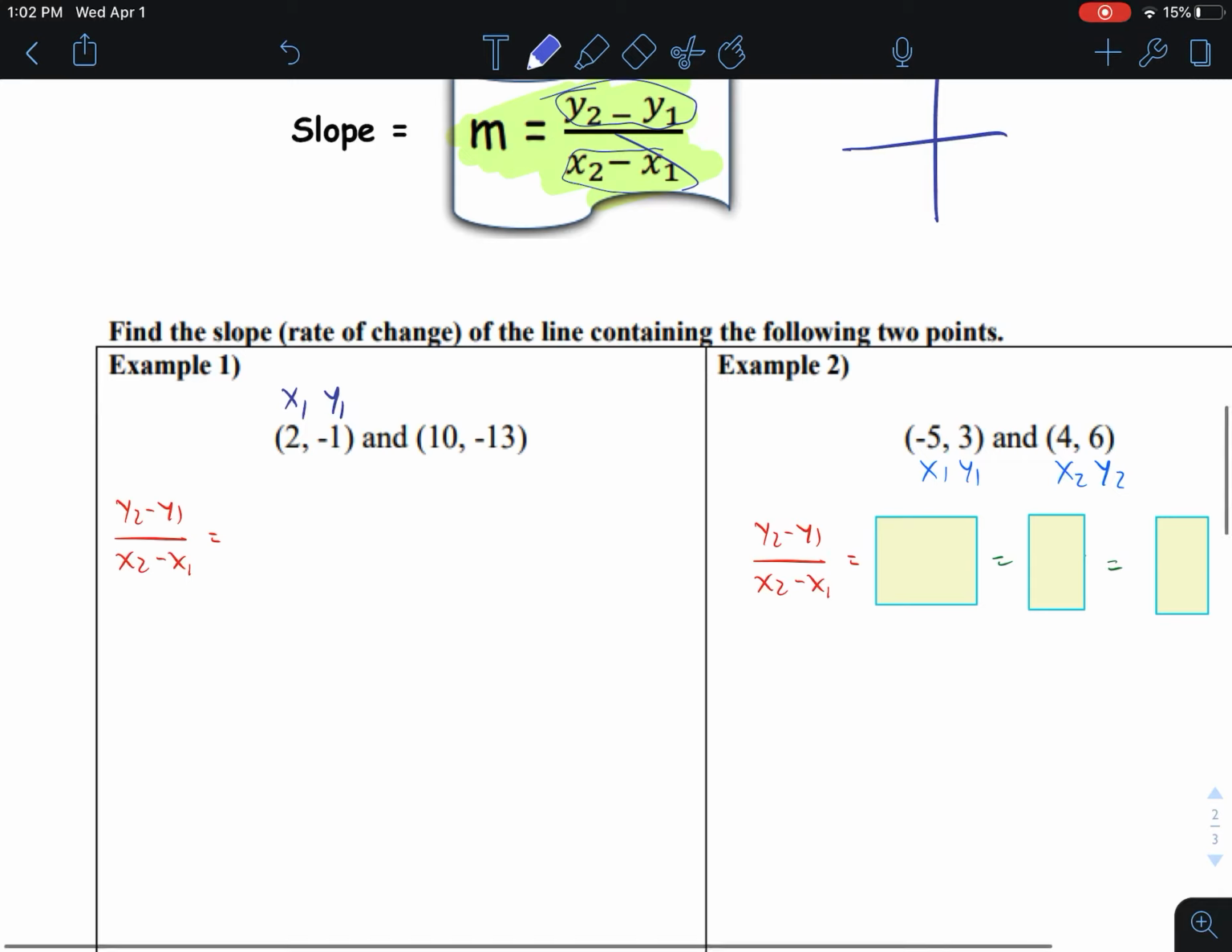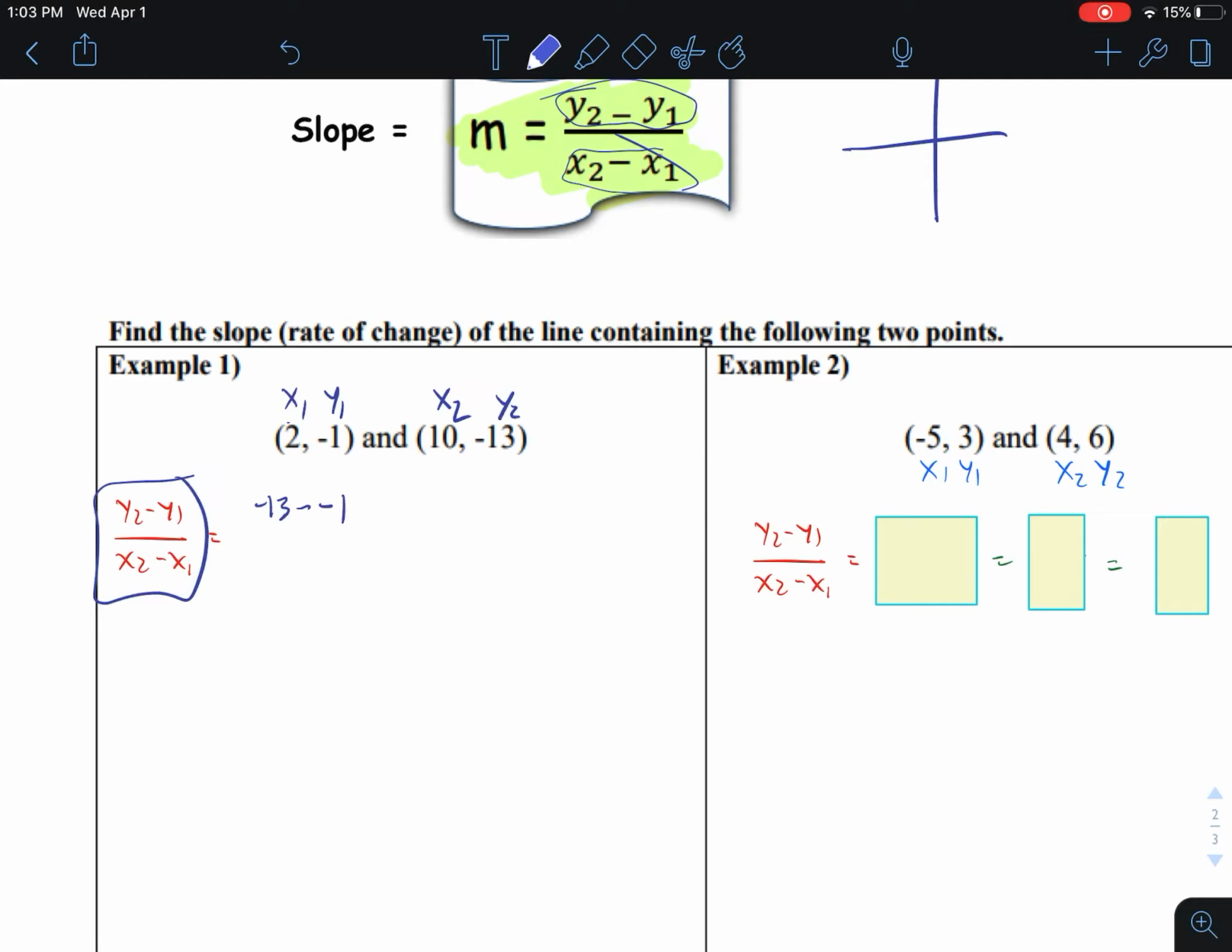That's just a fancy way of saying first x and first y. This is x2 and y2, second x and second y. And now you just put them into the formula. Notice, I wrote the formula. Please always write the formula, because if you accidentally put x's over y's or subtract in the wrong order, things get messed up. So now that I have them labeled, take the y2, negative 13, minus the y1, so it's